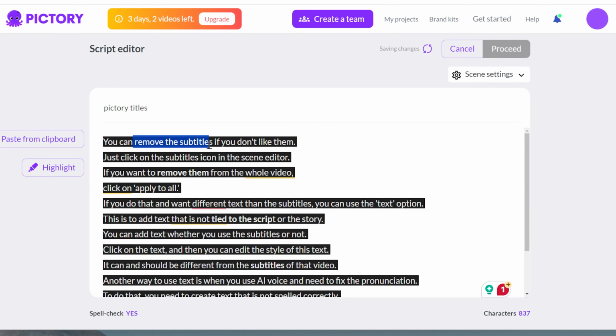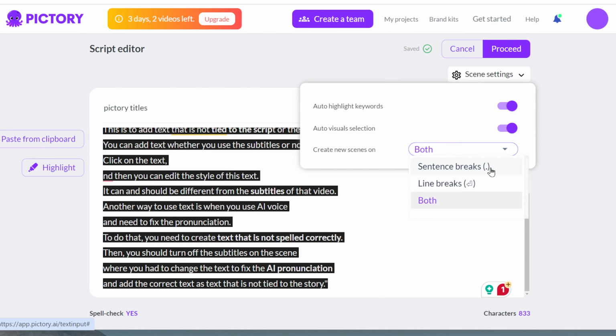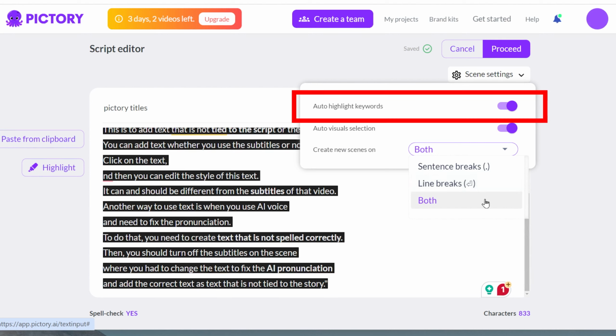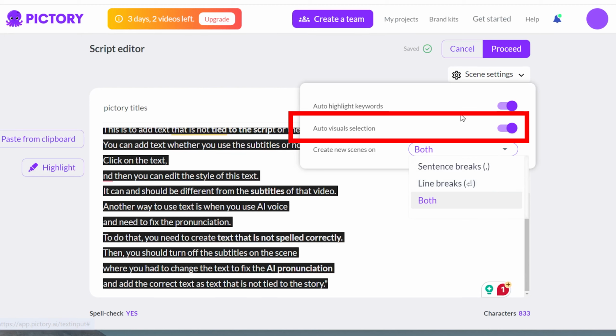When you edit text before Pictory edits the video visuals for you, you can add highlights. These are words that will be in a different color when you edit the text in the video. You can skip this step and do it later. You can also give Pictory the option to highlight the words for you. If you want to add visuals from Pictory's video library, make sure that option is on before you proceed to